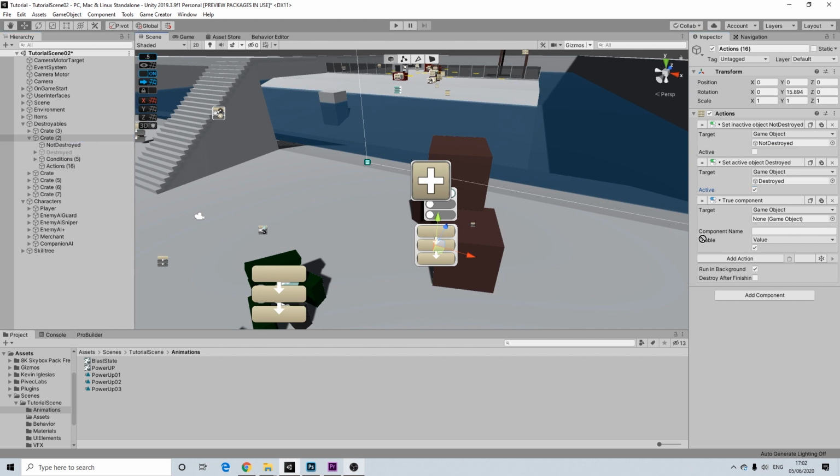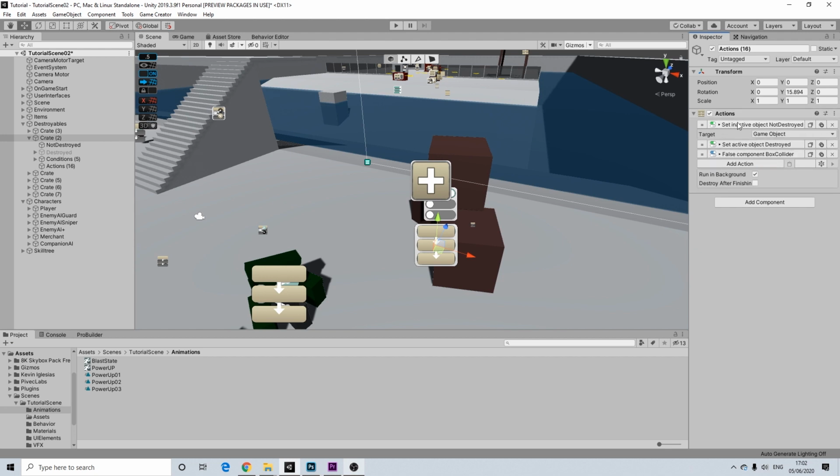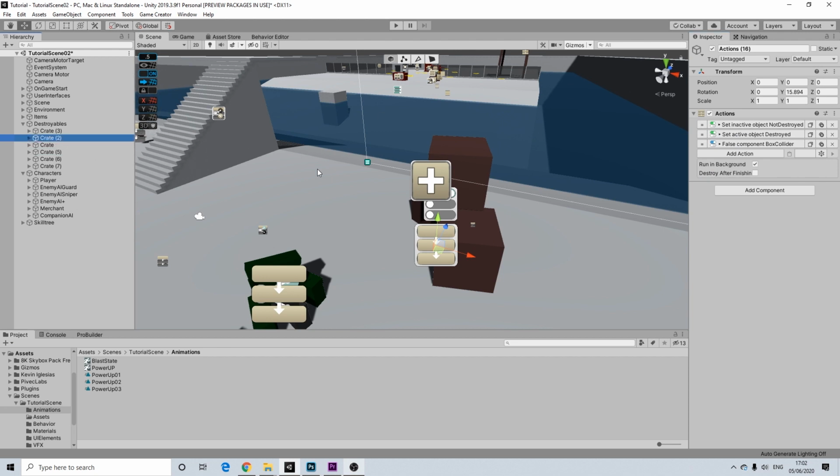And our crate box collider is going to be turned off. There we go. So yeah, this is for destroyables. Now if you don't have any destroyables and you don't want to, you can completely skip this. I'm going to use the destroyables first just to demonstrate how this works, and then we're going to go over